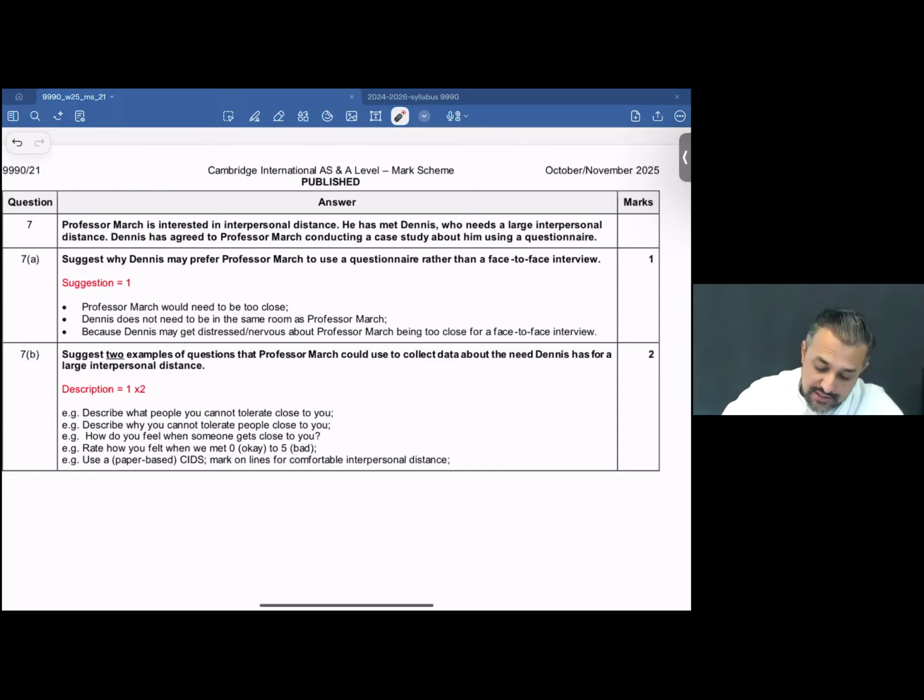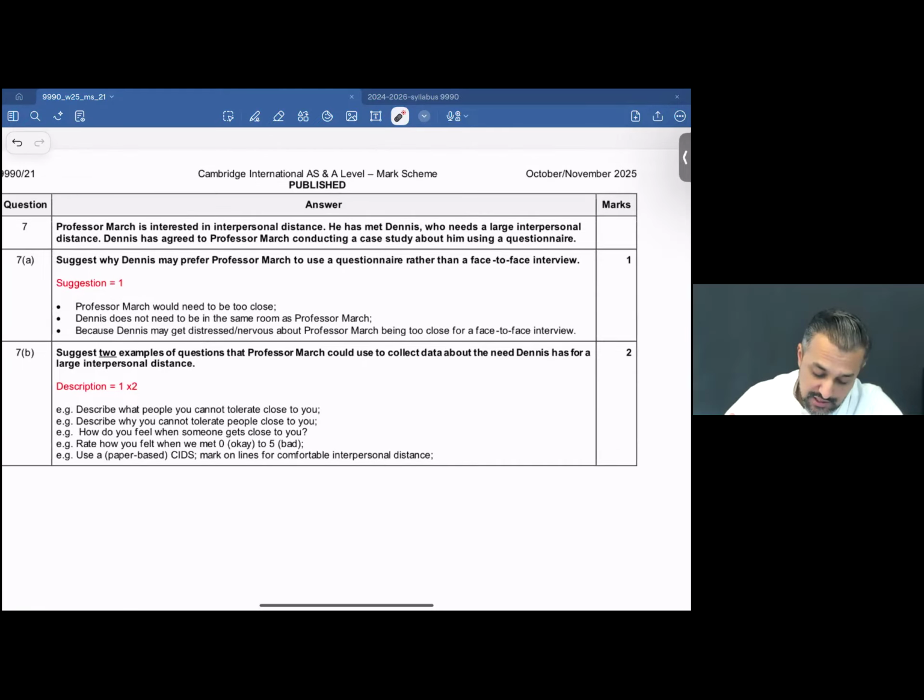So what happens is they put up a new situation in front of you, and then you would have to walk yourself through this and answer all the questions that are there based on the knowledge and understanding that you've gained on research methodology. Now, question number 7. But before I proceed with this, I'd want to see this question number 7. This is 7A and this is 7B.